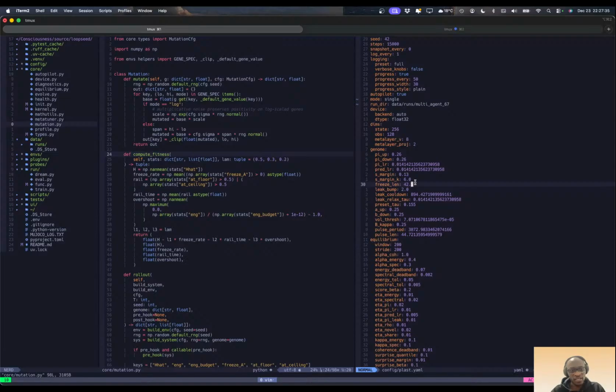Now to compute fitness for this gene, you use the previous genes, or you run multiple children from the parent, the same gene,